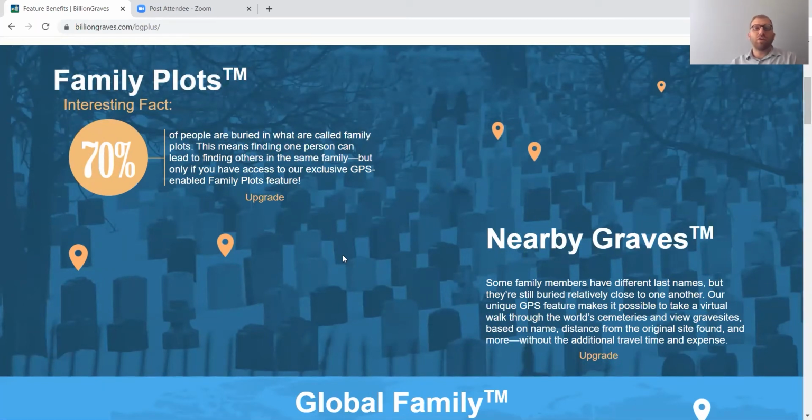I find that these two features make Billion Graves the most realistic cemetery cataloging database there is, because this simulates what it's like to actually walk a cemetery. If you pull up a record, and in a minute I'm going to give a demonstration of what this actually looks like, but if you pull up an individual person's record on Billion Graves under the cemetery where they're at,